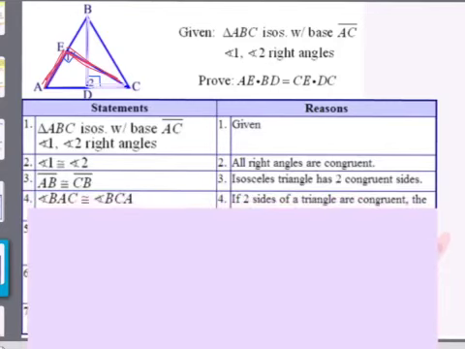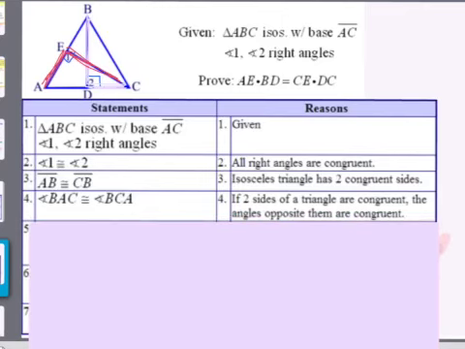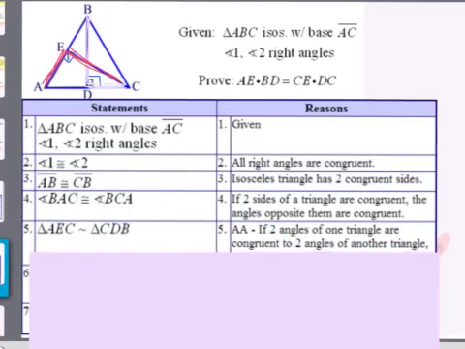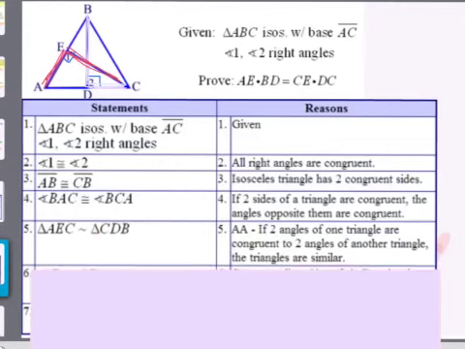And that means that angle BAC is congruent to angle BCA because if two sides of a triangle are congruent, then the angles opposite them are congruent. That means that triangle AEC is similar to triangle CDB. Again, you can just say by the angle-angle similarity theorem. You don't have to explain the whole method, but by the angle-angle similarity theorem,